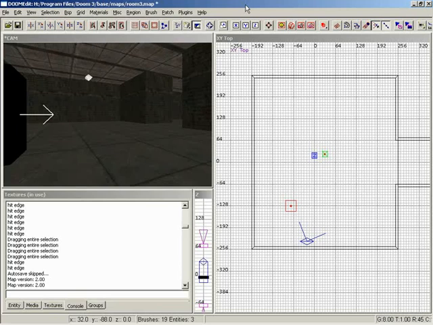Okay, in this video module, we're going to be talking about entities. Obviously, entities play a large role in the game because they're pretty much everything that you can add into your level, be it a player start, a light, a monster, a weapon, or whatever. And Logan's going to walk through not only adding them in,